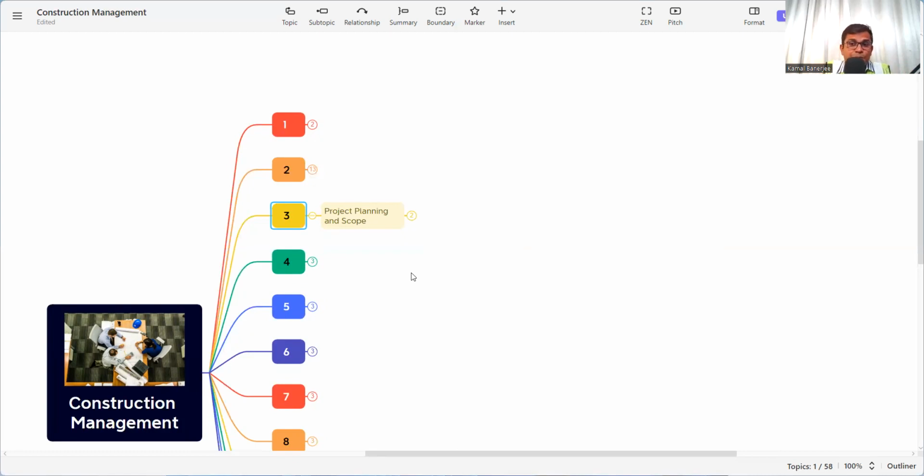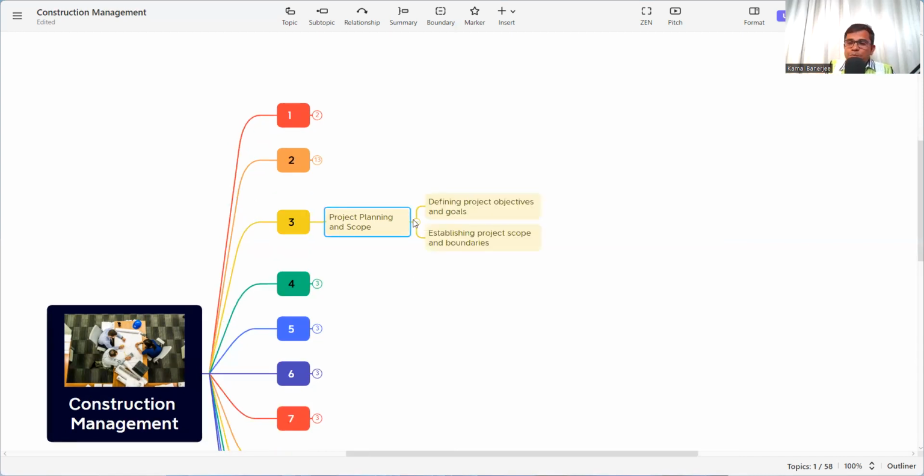Suppose in a football match, two teams are there, the ball is there, but there is no goal post. Then what will happen? Both teams will play, but there will be no end product because there is no goal post, so there will be no goal. In the same way, if there is no scope or no goal of the project, no activity can be performed. So first you need to finalize what is my project scope, and then the planning.